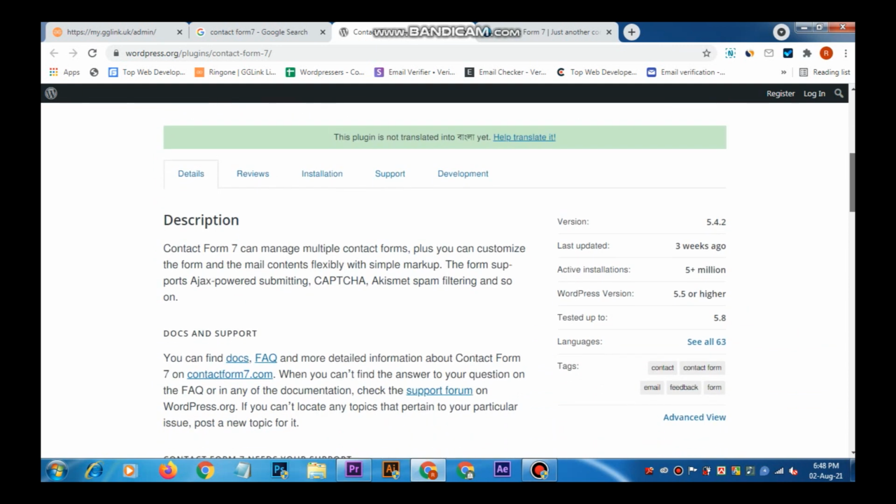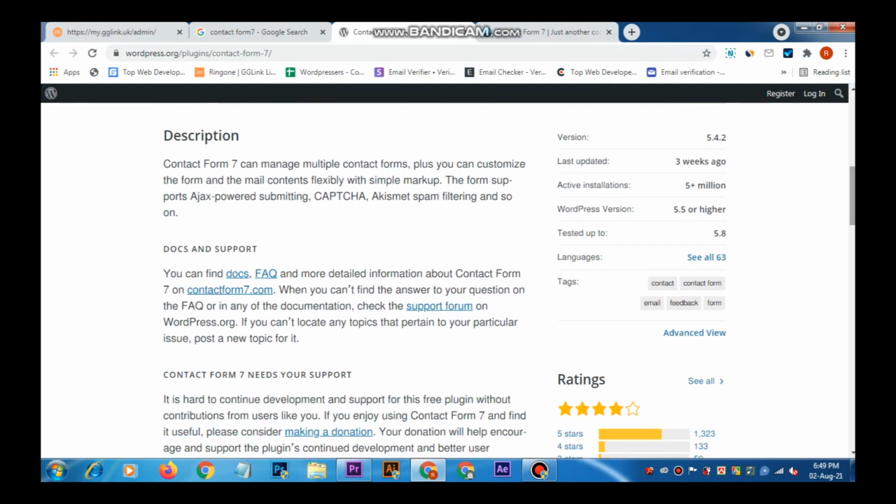Here you can see the plugin version, last update, and active installations. Unbelievable, 5 million active installations, WordPress version 5.5 or higher, tested with 5.8, and a lot of languages are supported.